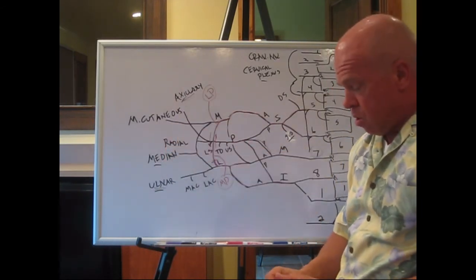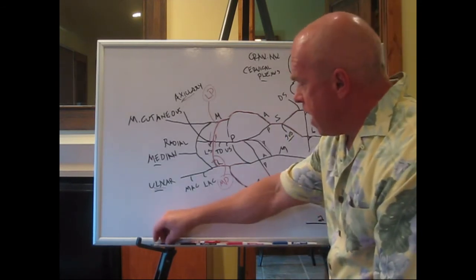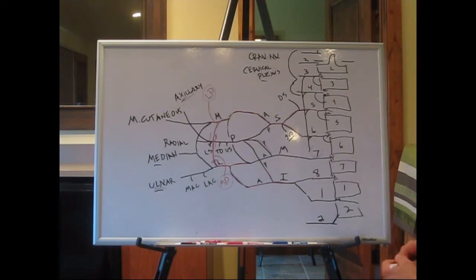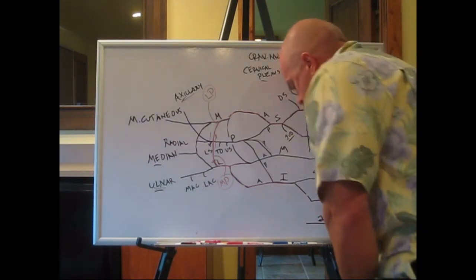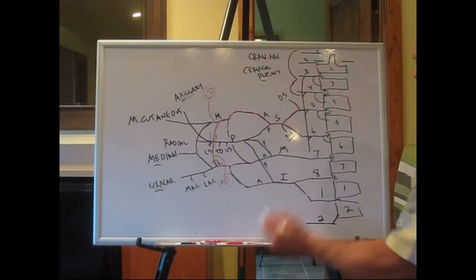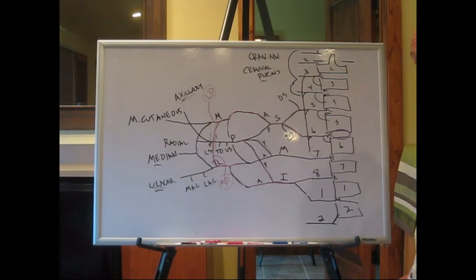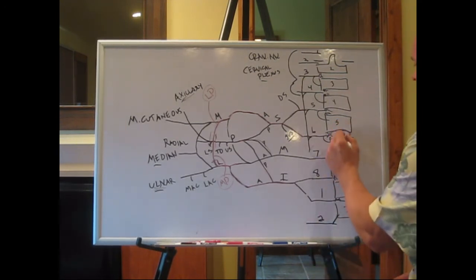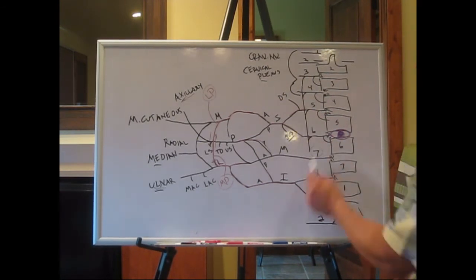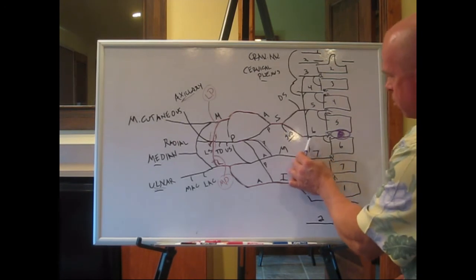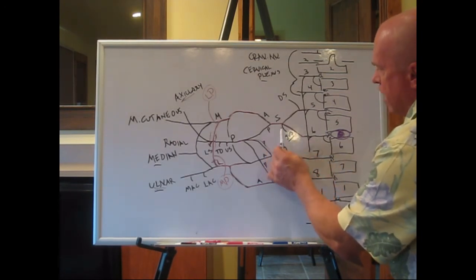Okay? So let's talk about radiculopathy then. What about cases of radiculopathy? Well, let's talk about a disc lesion here at the C5, C6 spinal level. Here's C5, here's C6. Here's a herniated disc. That's going to affect the C6 nerve root. C6 nerve root is going to innervate the